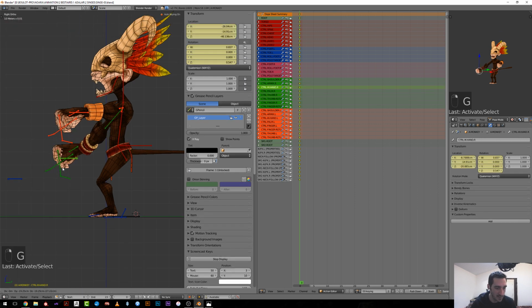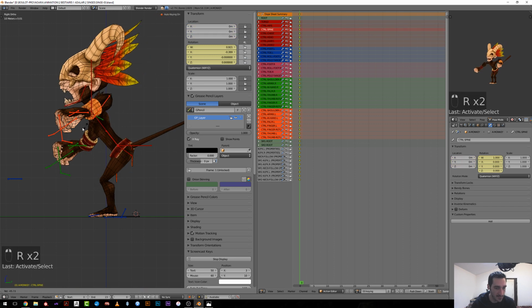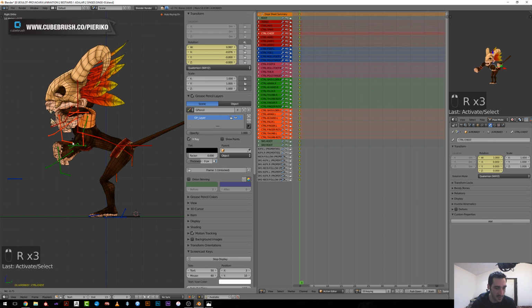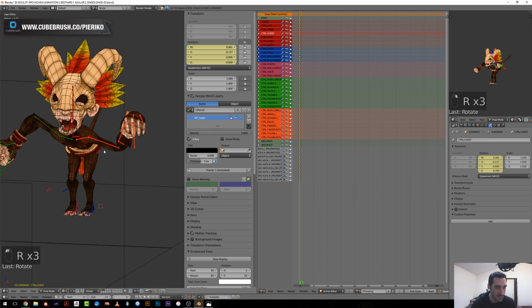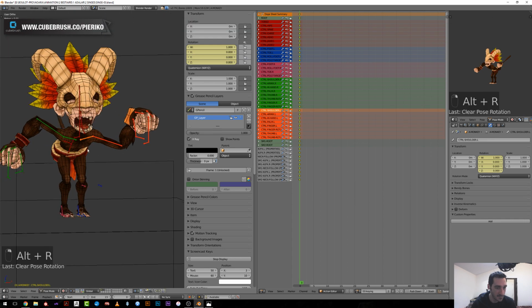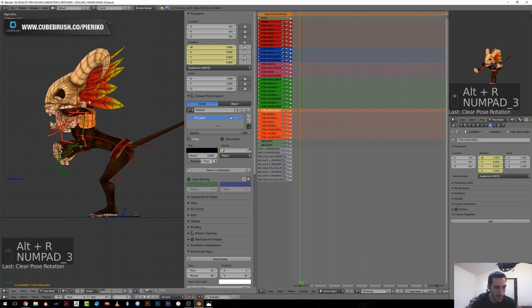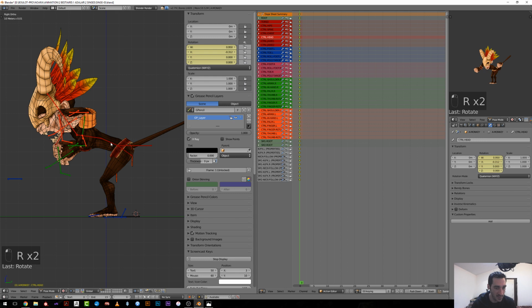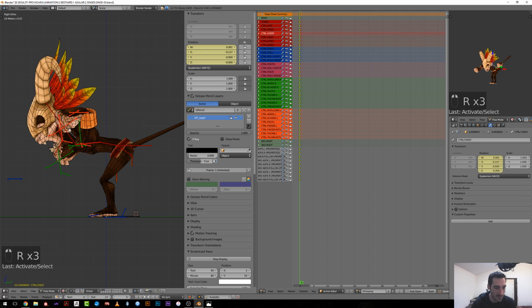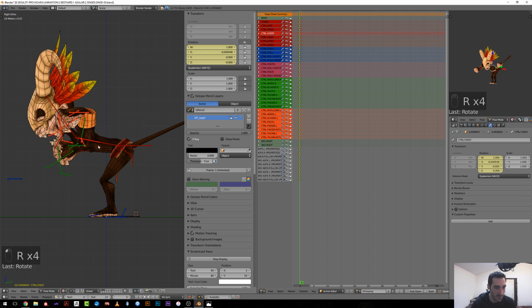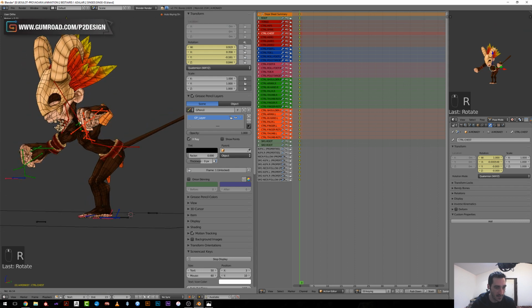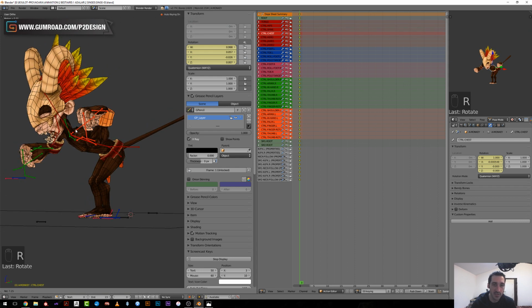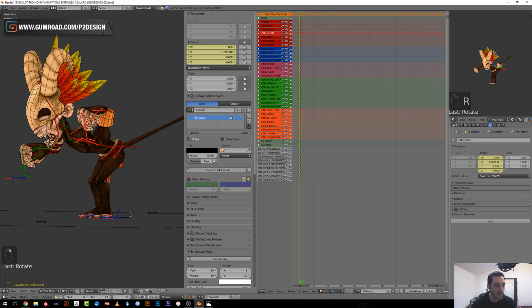So let's prepare the pose. This should be like that. This should be like this. Okay, I will rotate the head a bit, not too much. The head is currently not following the torso. As you can see, it doesn't rotate when I rotate the torso, which makes it easier for me to animate. And now I will